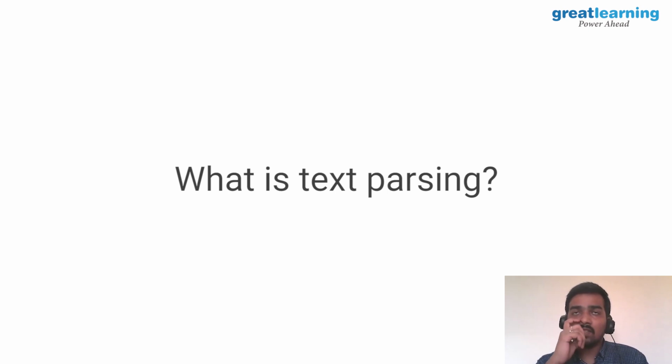This text parsing is something else. When we say parsing, we are using syntactic analysis of the data. If you want to do a spell check or grammatical check of your text, you need to do this text parsing. You need to understand which is the verb form and which is the noun form, so that your model can say that a noun should not appear with a certain form of grammar. Based on these rules and on correctly trained sentences, your model will be able to parse your input text and say whether it is grammatically correct, or whether spell correction is needed. These all come under text parsing.